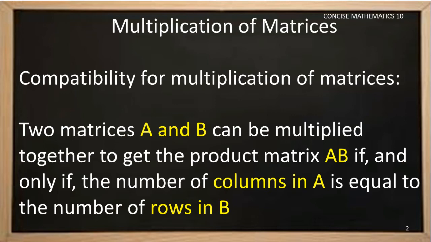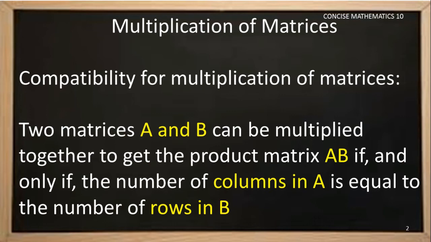Suppose two matrices A and B should be multiplied. The multiplication process can be done if and only if the number of columns in A is equal to the number of rows in B. I hope you remember that while doing addition and subtraction of matrices, we followed a condition that the number of rows and number of columns of the two matrices should be the same.